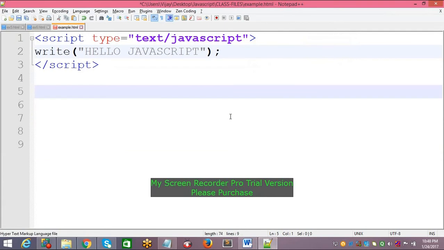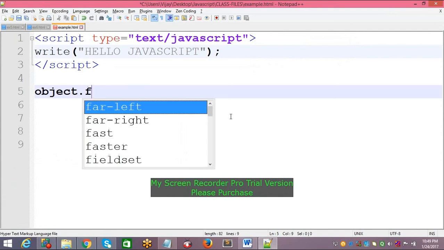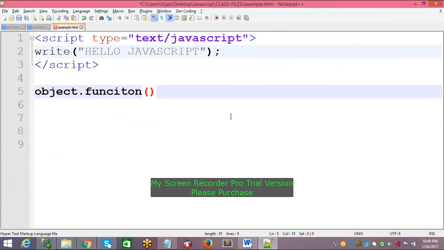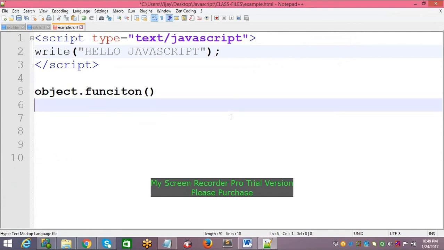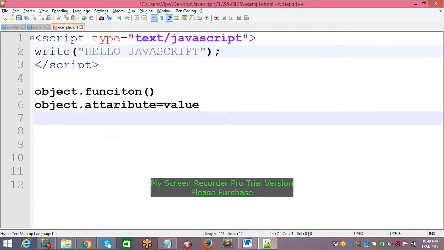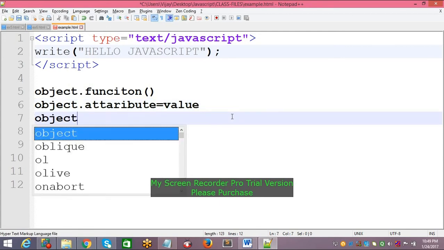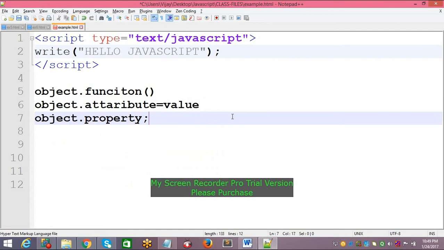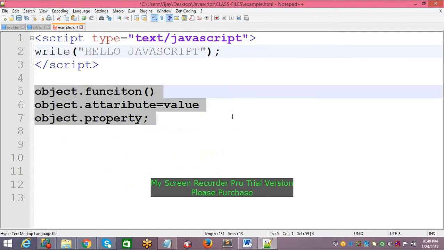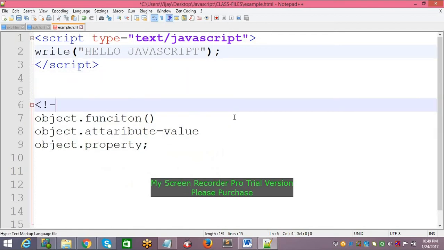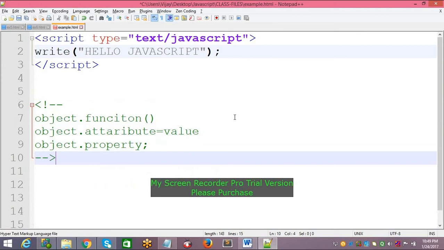We have to write objects like the following, with a special symbol, that is the dot symbol. Object dot function, object dot attribute equal to value, and object dot property. These types of declarations are possible using objects.